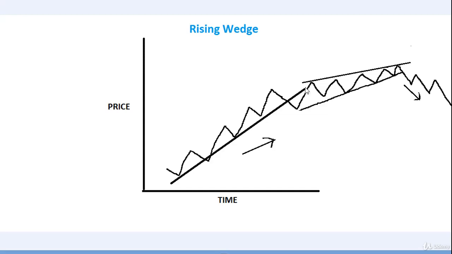The rising wedge pattern begins wide at the bottom and contracts at the top. We can see this is the starting of the rising wedge pattern and it is wide at the starting and this contracts at the end of the pattern. When we get breakout on this lower trend line in downward direction, we can make our short sell position if we get negative divergence on RSI.